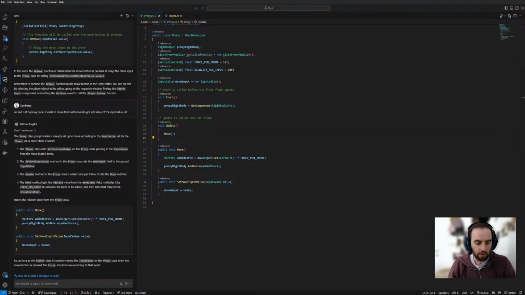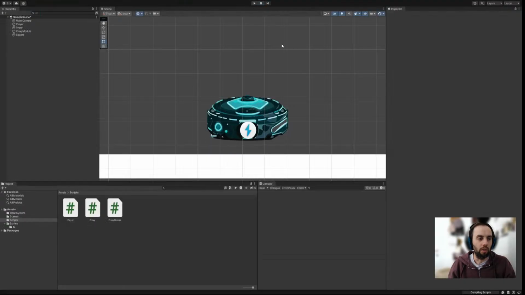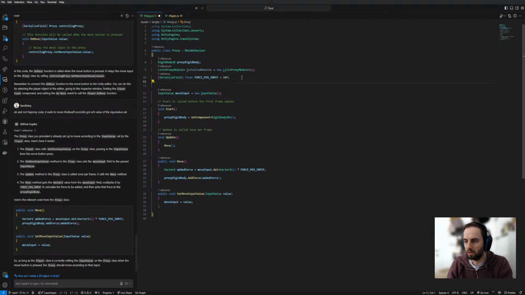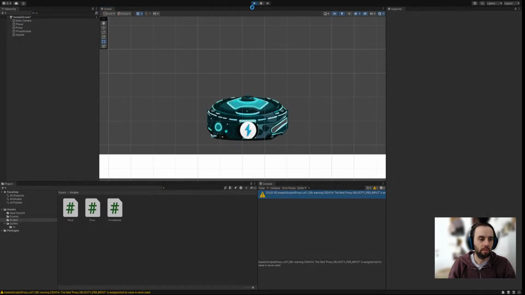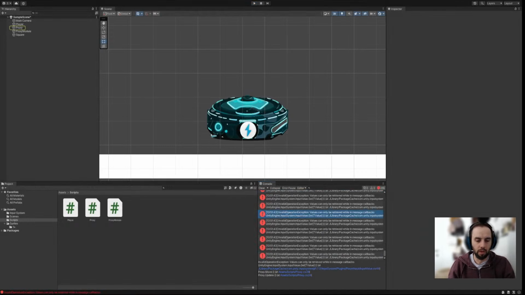Right, but I have this error, so that's the thing. Let's try it one more time then. ChatGPT says it should be working already. We'll see. Value is never used. Yeah. Remove it. Because